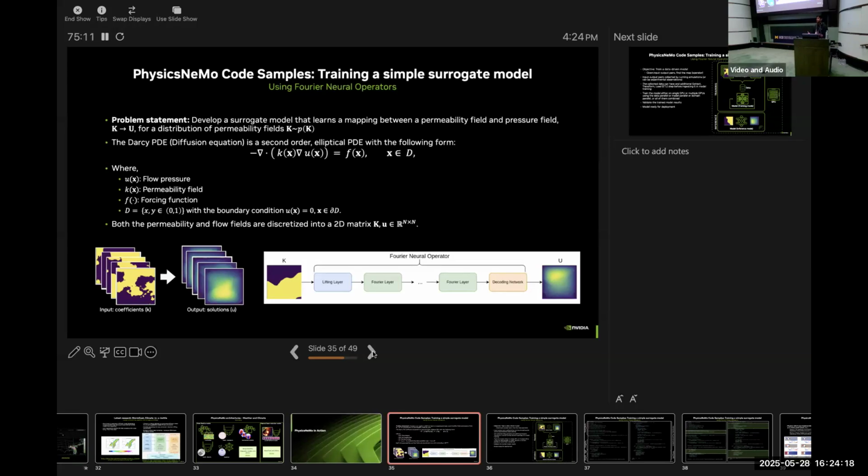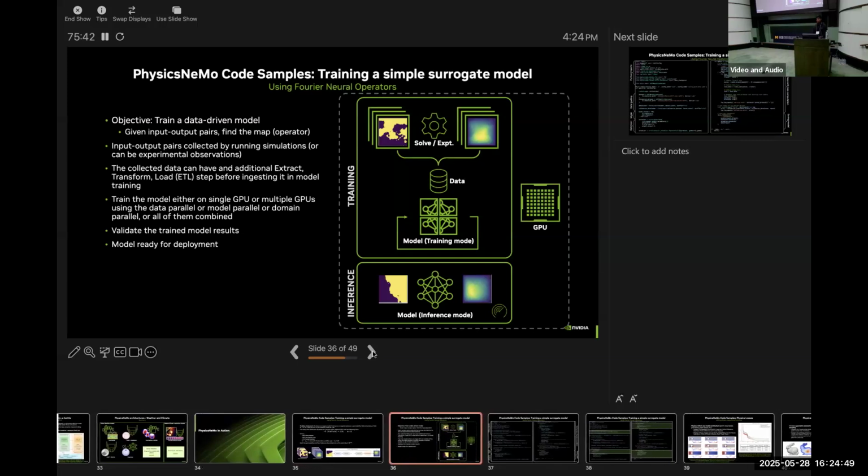And the architecture that we are going to use here is FNO. The exact details of the architecture don't matter here. One can even train a CNN for this simple problem, but FNO has some very nice properties of global convolution, which turn out to be more useful for this type of problem, right? It gives better results. But for this demonstration, I think the architecture is not that important.